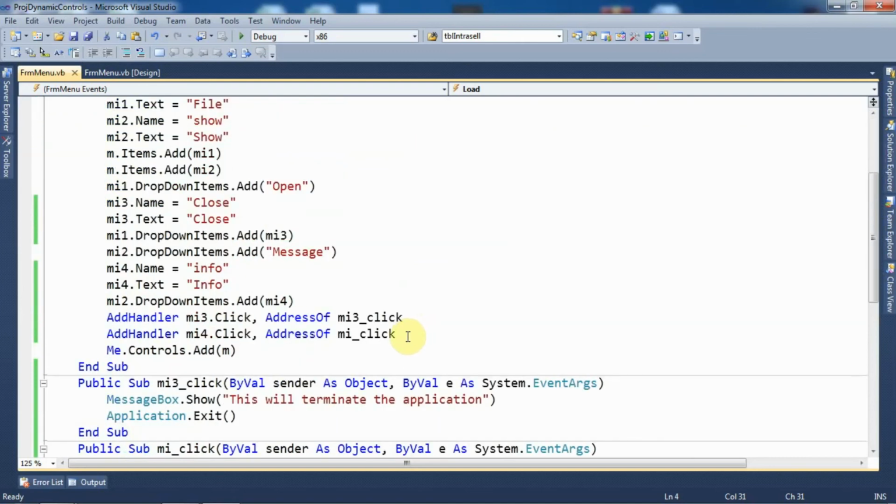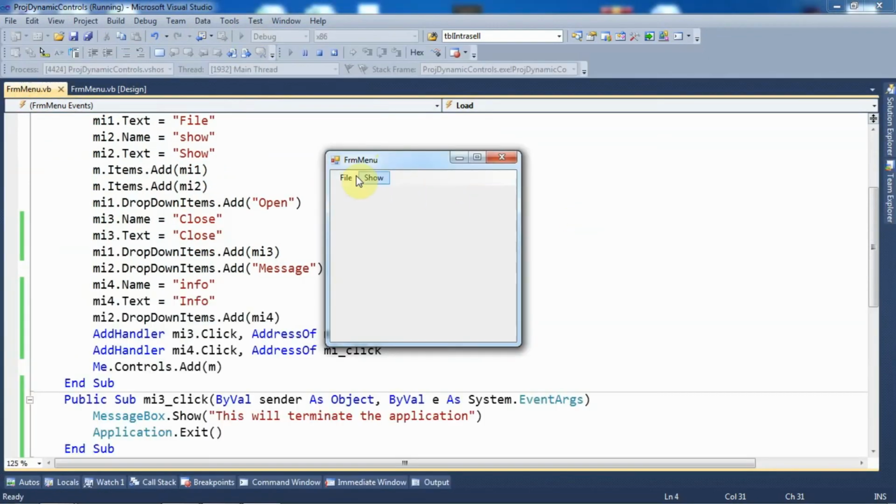Now let's execute the code and see what we will get on the form. So friends, see over here, this is our form. These are the two menus, that is file and show. Now let's open the file menu. As I have specified, two sub menus, open and close, are present within the file menu, and within the show menu another two sub menus are present, that is message and info.